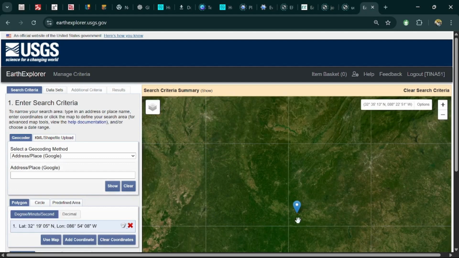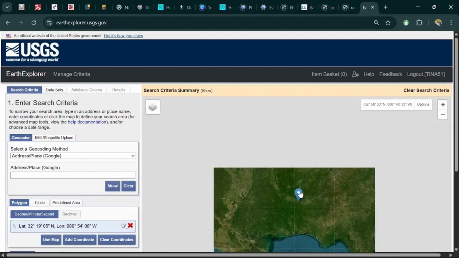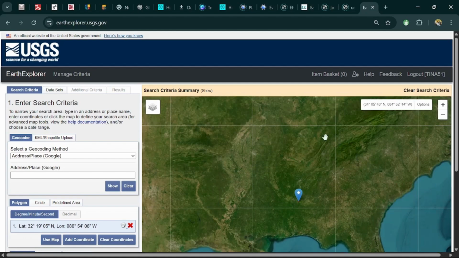Okay, so now you can see the location of Alabama. Then you can just zoom in or zoom out to view the image clearly, or we can use a location finder. Imagine if we want only this location, we can just use our cursor here to delineate